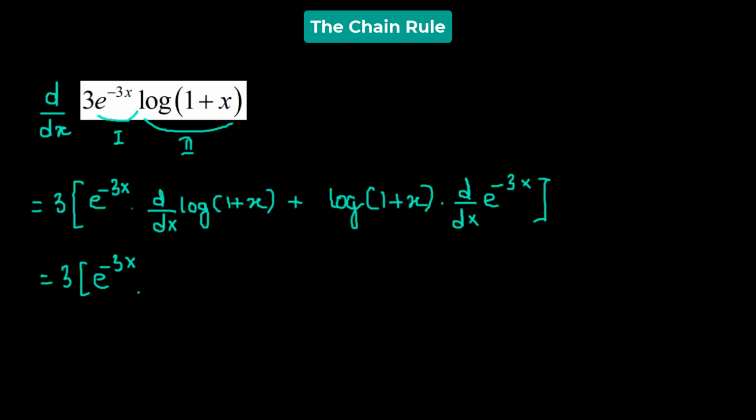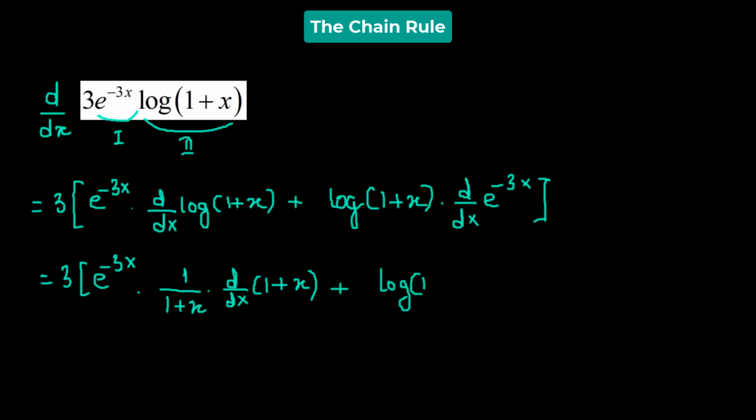The derivative of the logarithmic function, if we assume 1 plus x to be equivalent to x, should give us 1 over 1 plus x. But since it is not, we need to multiply it by the derivative of 1 plus x,